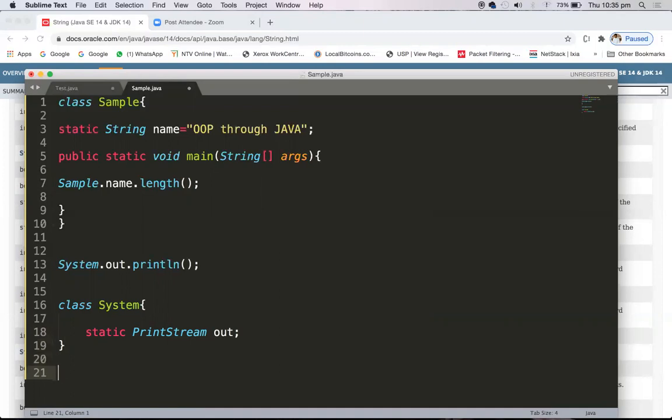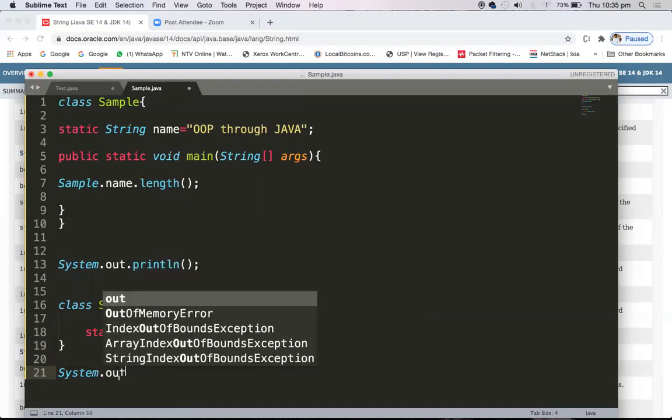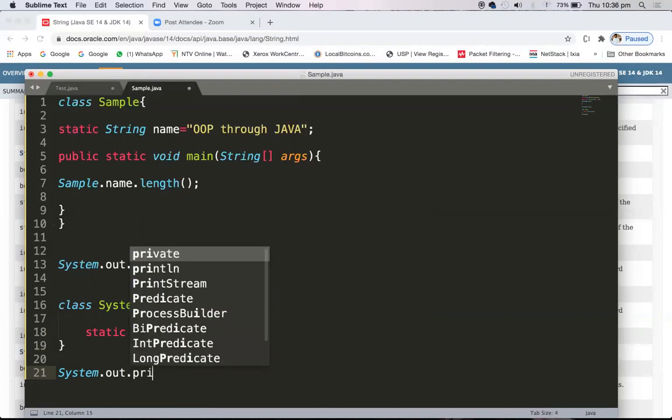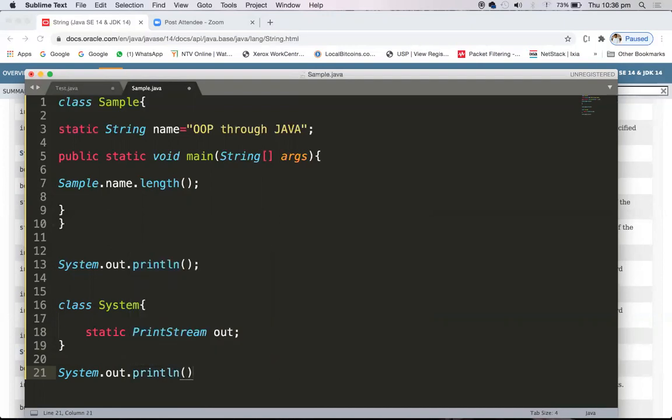So what we are doing is saying System.out, because out is a static member, System is the class, and this out is of PrintStream type, right? So PrintStream has a method called println. So we are writing like this.